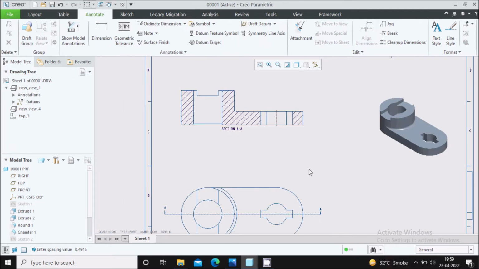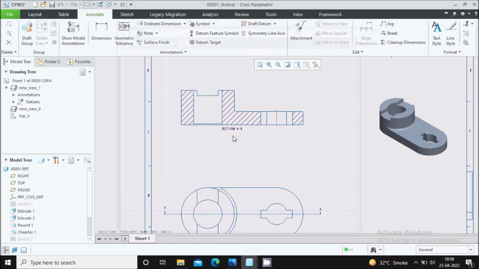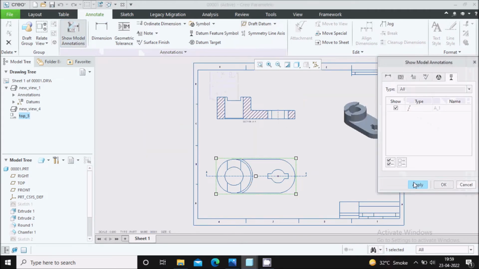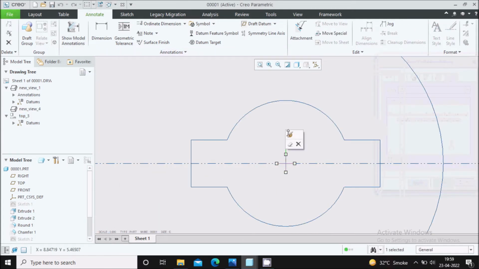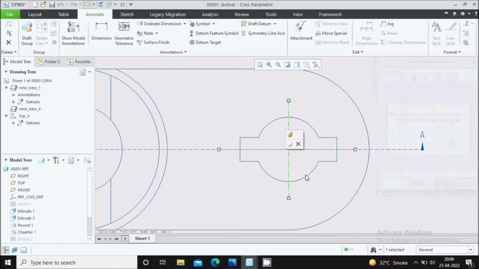Okay, control save this. Okay, select again, go for the show model annotation, no axis display. Apply, cancel. Here you can see the axis is created like this. Okay, I can increase the axis like this,